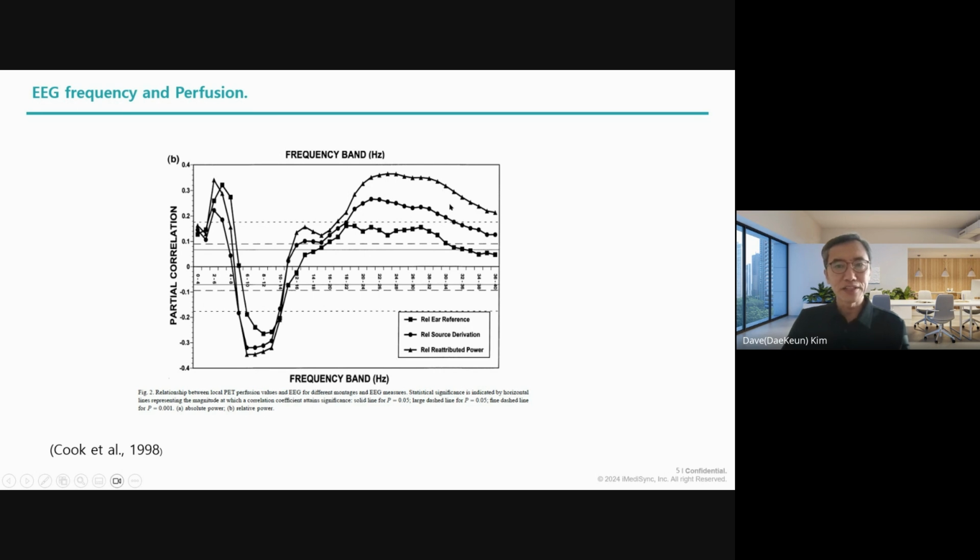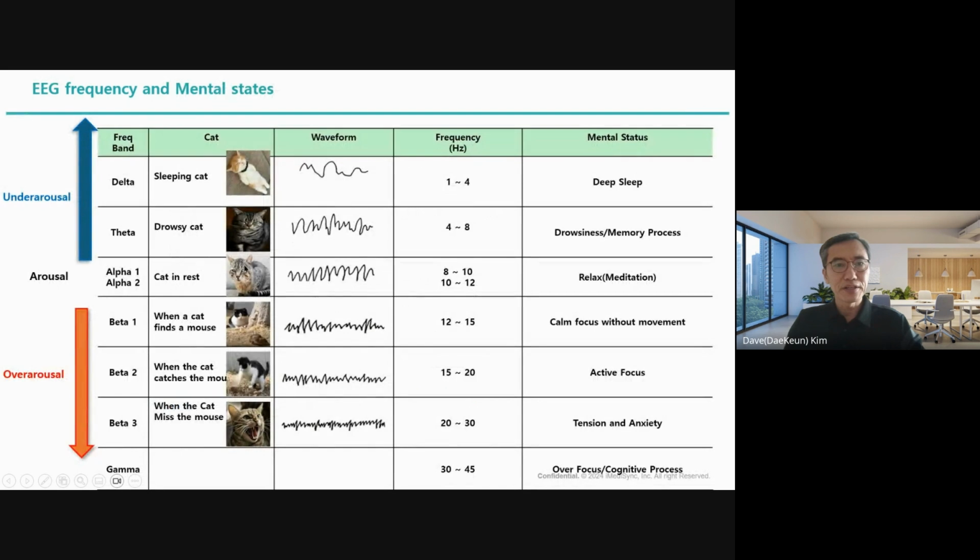Between alpha/theta and beta 3, there are beta 1 and beta 2 activity frequencies. In beta 1 and beta 2, the blood perfusion is not so much and not so small. So that's why we call this beta 1, and sometimes beta 2, the optimum perfusion. This is the EEG frequency and blood perfusion chart. It is an important concept for understanding EEG frequency. And this is a one-page simple